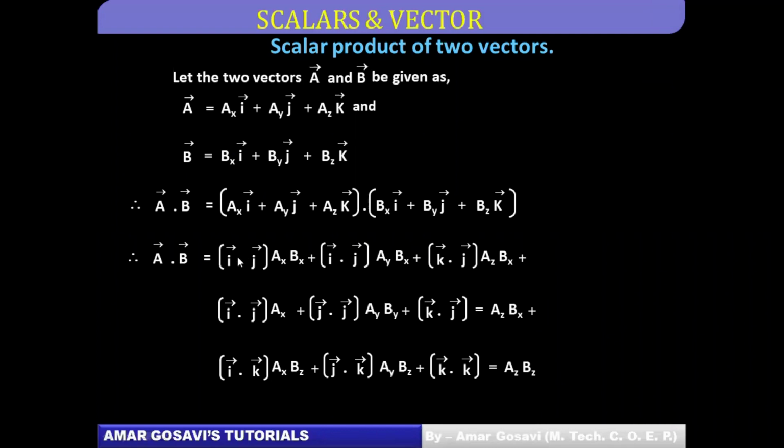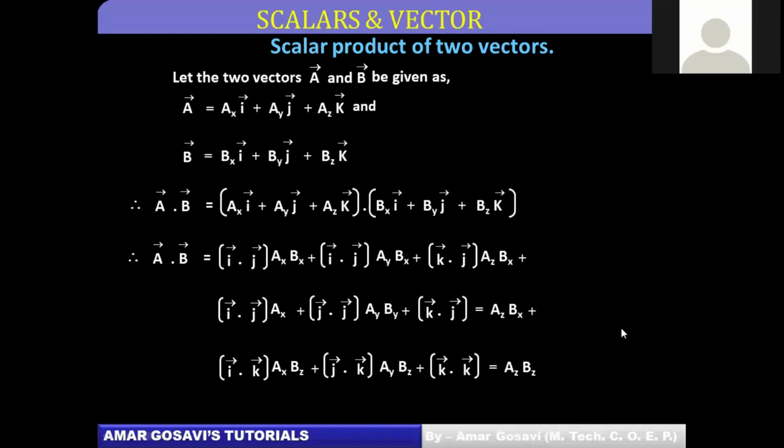In the previous slide, we have proved I cap dot I cap will be 1, but I cap dot J cap will be 0. Two vectors are perpendicular. Similarly, K cap dot J cap will be 0. So in one row, only one term exists. Similarly, in the second row, this term will be 0, this term will be 0, this term will be there. Again, one term exists. Third row, you can see this term will become 0, this term will become 0, and this term is 1. So from every row, 1, 2, and 3, only these 3 terms exist. Other terms become 0. Did you understand that, Ananya? Yes, sir. Thank you.